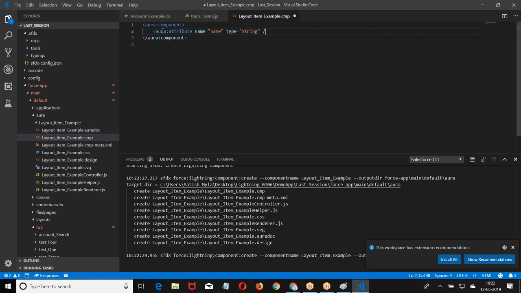When you're working with this, you also get auto help. Initially, you may find it difficult using this, but it is going to make a lot of impact on your career in the coming days. Then I created it in my logos. Now this I'm pushing to my scratch org.